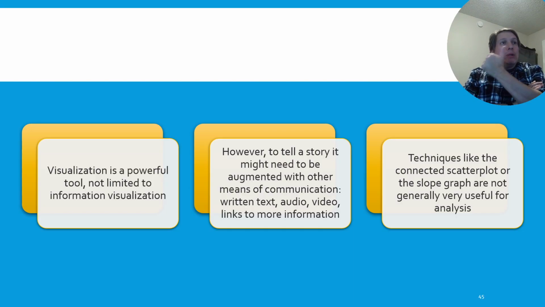And that's not the problem, but that's food for thought, no? Then in conclusion, visualization is a powerful tool that is not limited to information visualization. Then if we want to tell a story, we need to augment that visualization with other types of communication. We need to put text, we need to put audio, video, we need to link more information. In that way, we have an augmented visualization and start telling stories. Then having a scatter plot or slope graphs, they are not really useful for analysis.